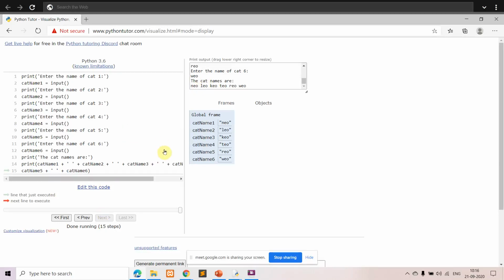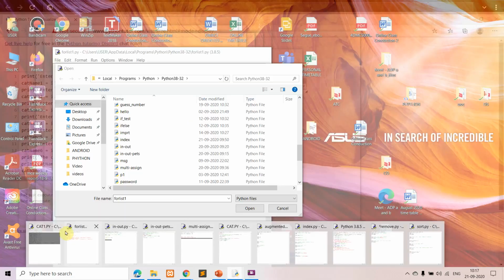Okay, so this is a code wherein you're asking the user to enter something, in this case the name of the cat. So what they're saying in this is, to enter the names of 6 cats, you have used 6 variables, right? That is cat name 1 to cat name 6. So instead of that, what we can do, we can go in for the concept of list. So we'll see the second program.